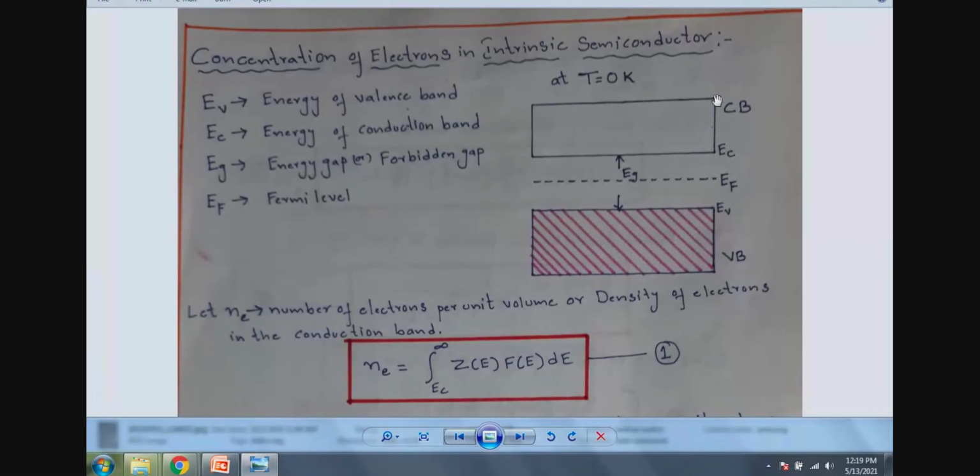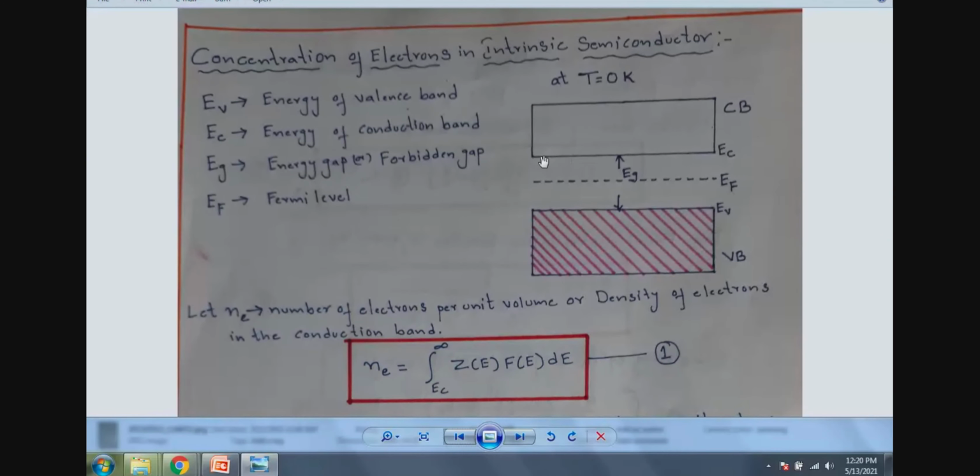And you can write this is infinity. I'll tell you what is the meaning of these limits. In the valence band, when we move from here to the bottom, the density of electrons will decrease. The maximum density of electrons is occupied at the top level of the valence band. That's why we have mentioned that the energy should be chosen at the top layer of the valence band.